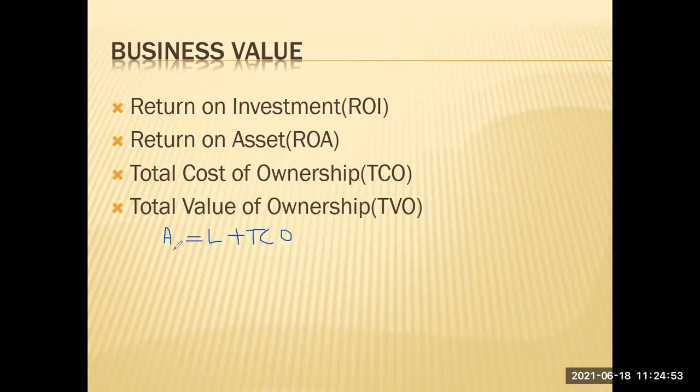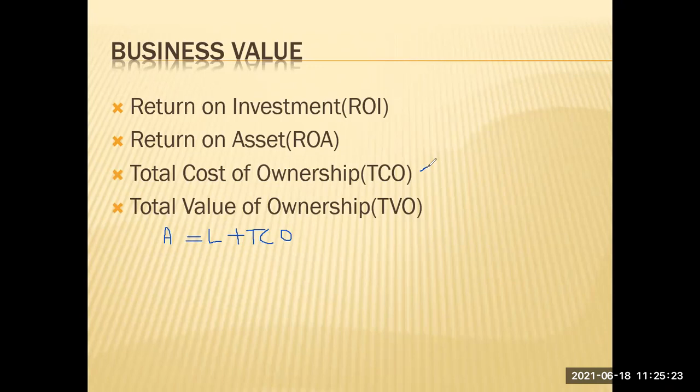So this value of ownership can be calculated by assets. That is what the company owns. Everything the company owns, without any loans, without any debts, without any lending. What is actually the company's own is called assets. Liabilities are what you are currently using, but it is not yours. You will have to pay for it if you want to make it yours. Plus, total cost of ownership is the expenses from the start of the company up till now, all those expenses.